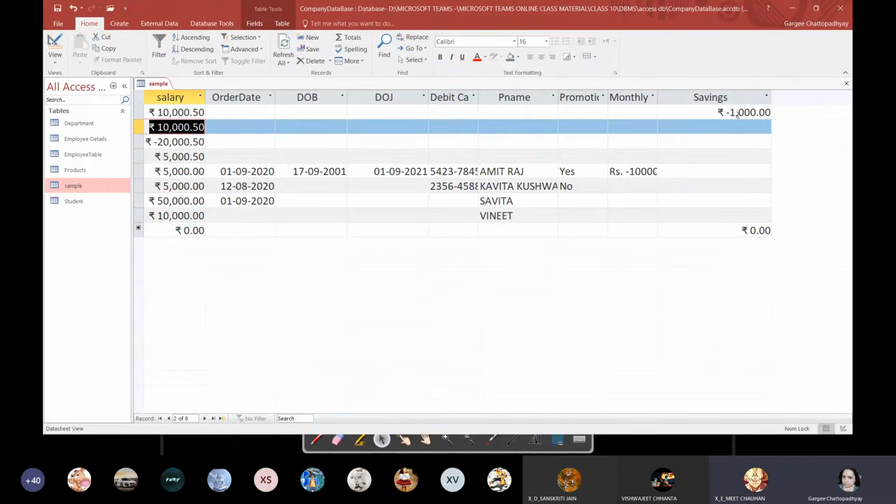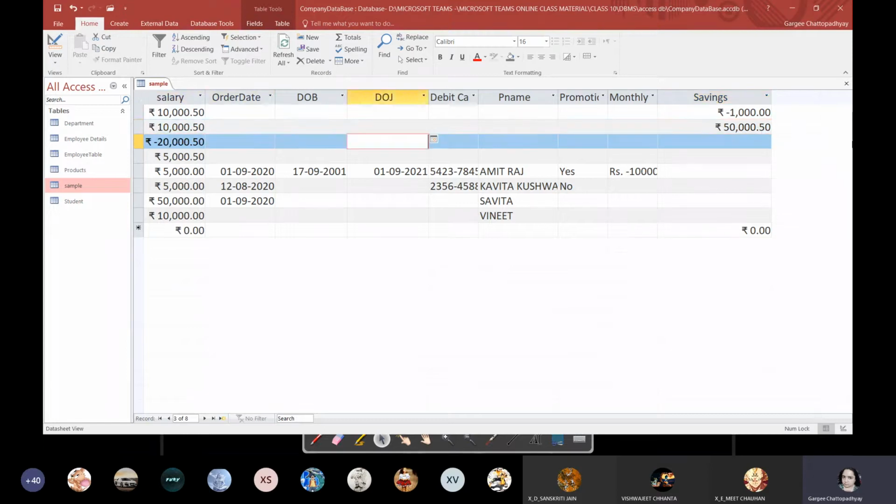So you can see over here, the maximum you can enter is 5 digits, but you can enter below 5 digits also. For the next one, I'm going to enter a plus sign, and maybe somebody has savings of 50,000.50 also I have added, although we never considered that. So you can have it.